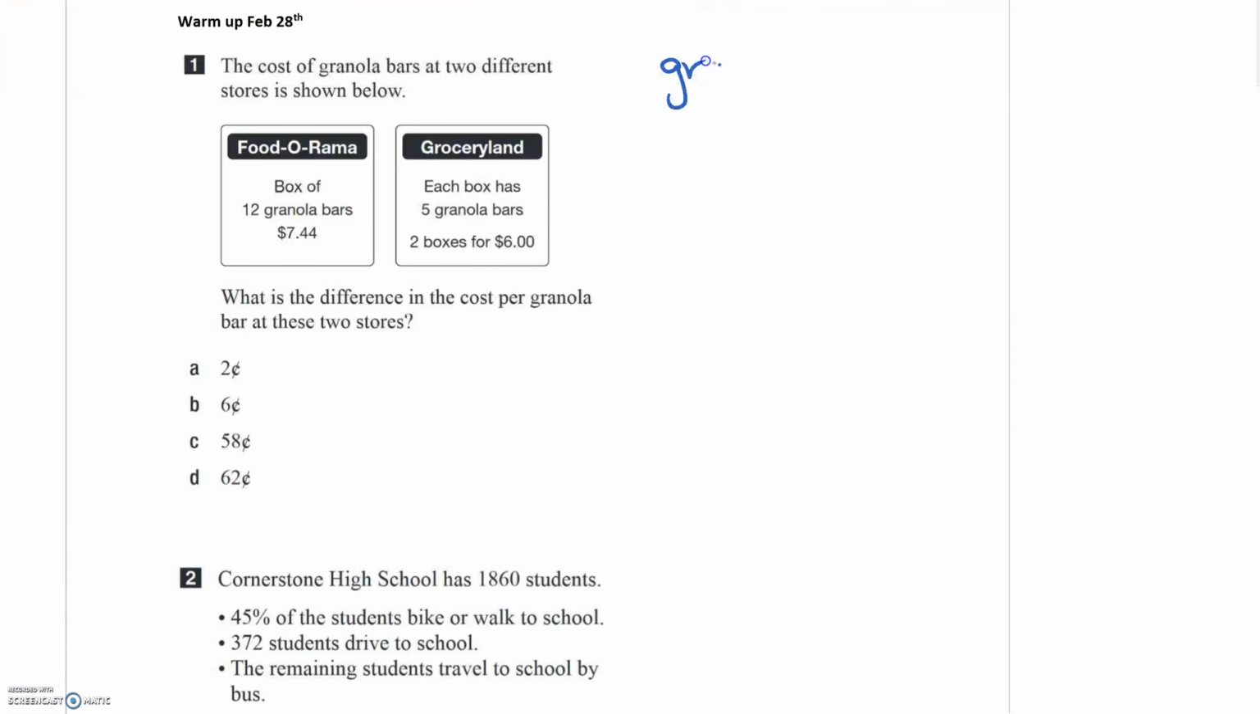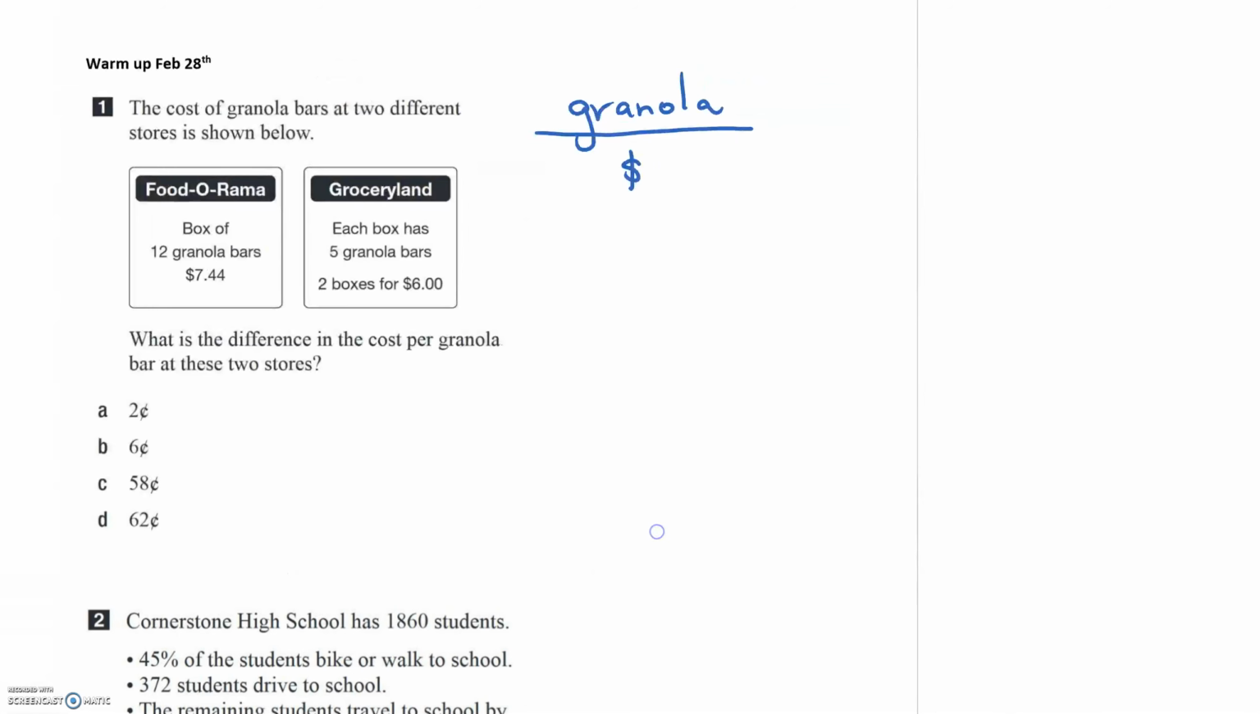Okay, so granola bars. And I'm going to put this over the other thing that we're talking about. In this case, we're talking about money. So for Foodorama, we know that for 12 granola bars, so I'm going to put 12 at the top because that represents granola bars, the cost is $7.44. So I'm going to put $7.44 at the bottom. What I want to do is find the cost for one granola bar because it says, what is the cost per granola bar? So I'm going to go ahead and find the cost. Well, so I'm going to put a question mark at the bottom because that's what I'm looking for,